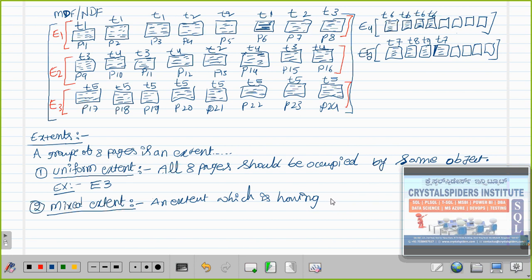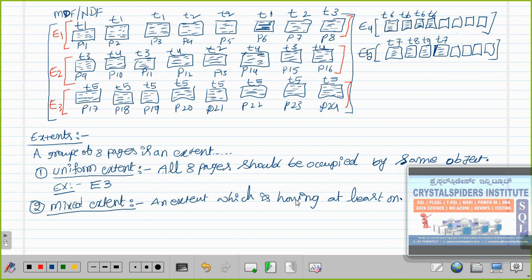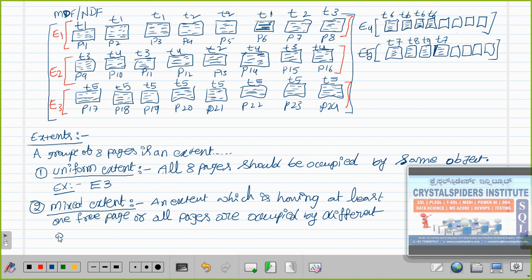So an extent which has at least one free page, or all pages occupied by different objects. Objects means tables, by different objects. It's nothing but tables.